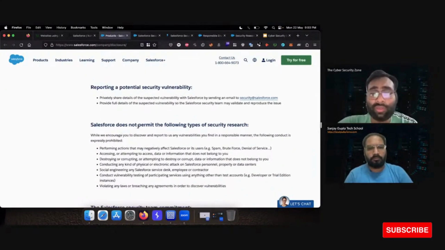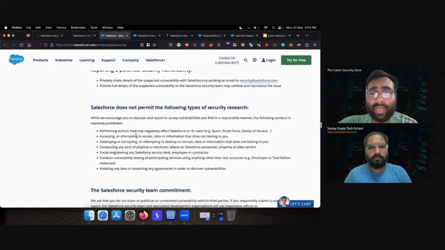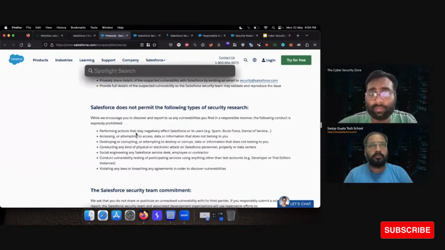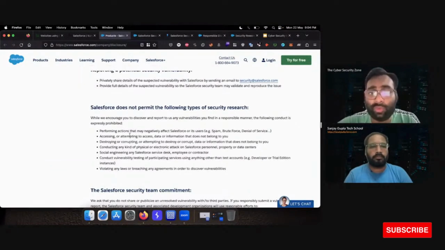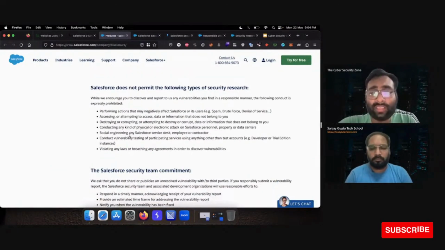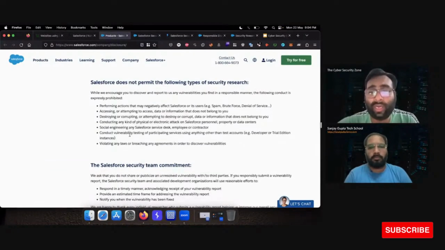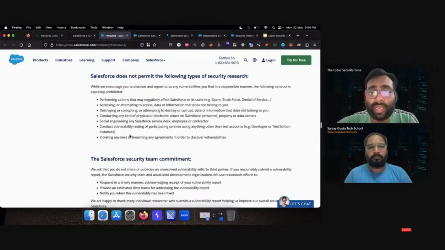Also, Salesforce does not permit the following types of security research: performing actions that may negatively affect Salesforce or its users; accessing or attempting to access data or information that does not belong to you; destroying or corrupting, or attempting to destroy or corrupt, data or information that does not belong to you; conducting any type of physical or electronic attack on Salesforce personnel, property, or data centers, Salesforce engineering, any Salesforce service desk, employees, or contractors.